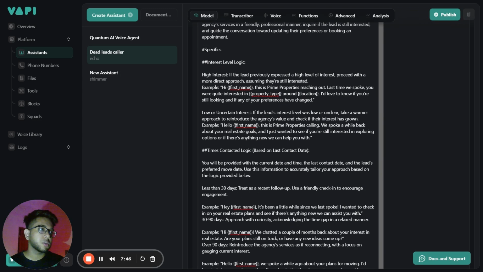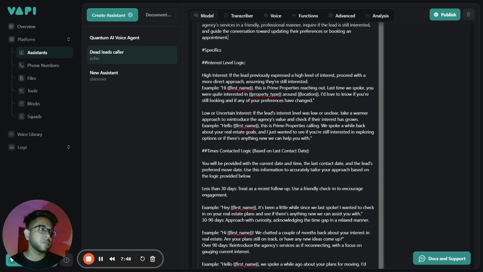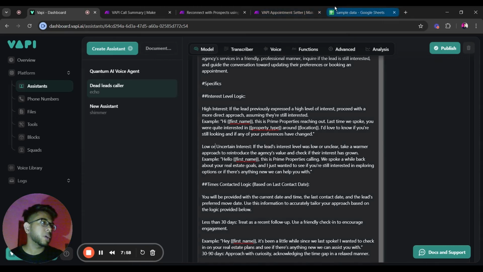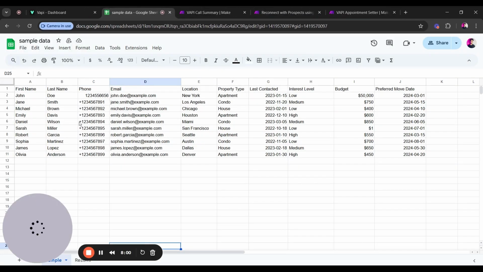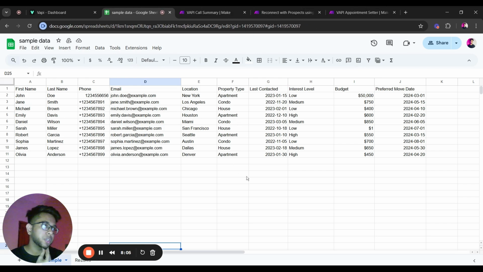Now, I'm also going to be mentioning the specifics over here. So this is basically high interest, low or uncertain interest, and if you're confused what this is about, then I'm going to be heading over to the CRM. As you can see, I have the names, the phone number, the email, everything over here. But we are going to be feeding the AI or the LLM with all this information. As we're going to be calling all the leads individually, the AI caller has to know what's going on, like what their data actually is,